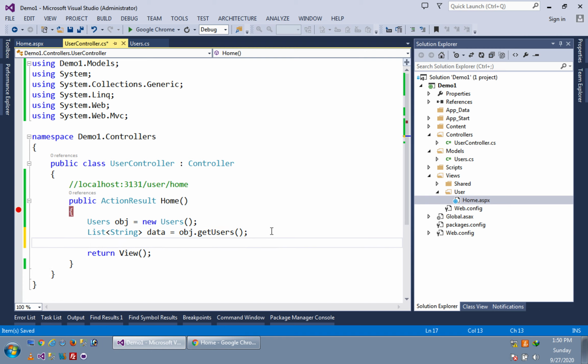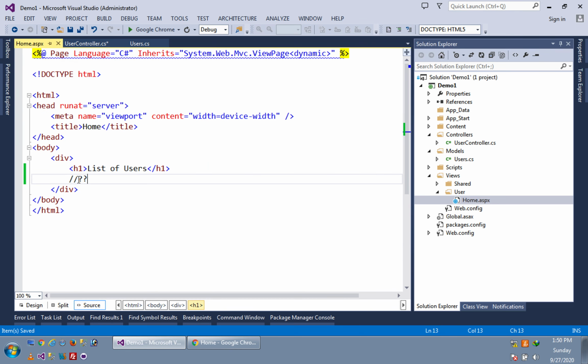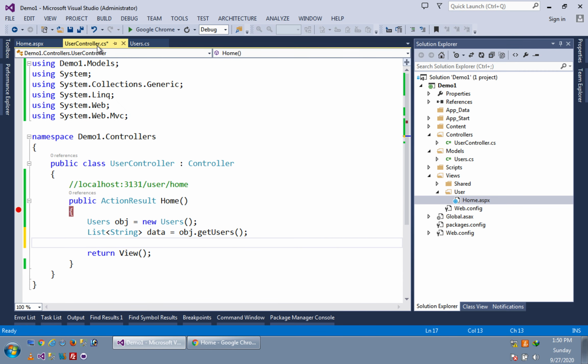Now another new topic, that is ViewBag. I want to use this data in my view, the home.aspx page. So I have one option, that is called ViewBag. There is a bag called ViewBag in the controller. Whatever we want to use in the view section, we can put it in the ViewBag.